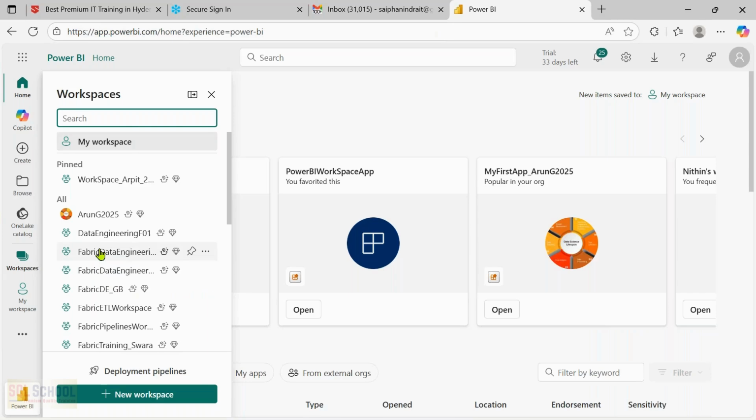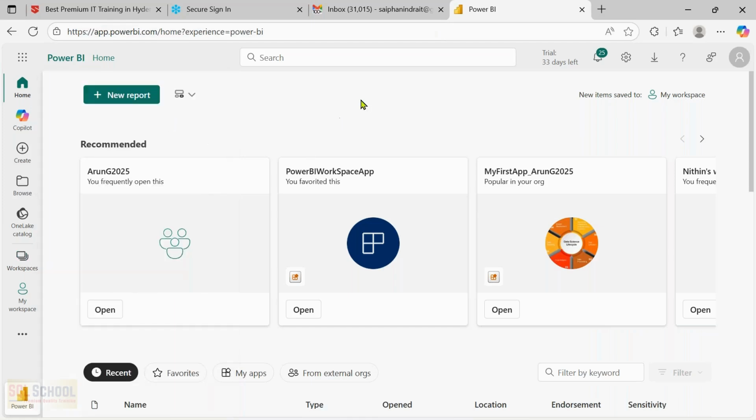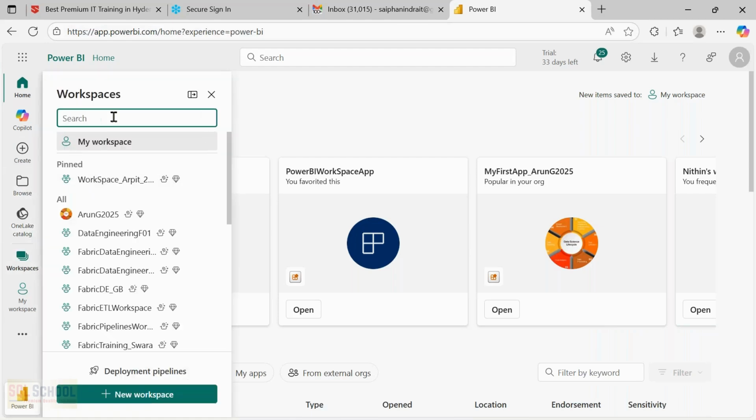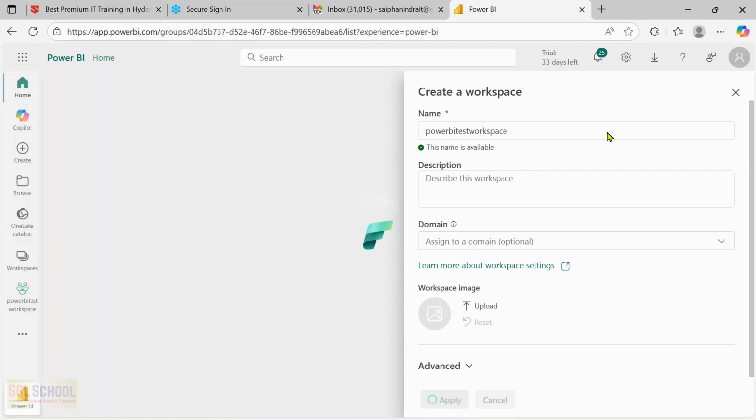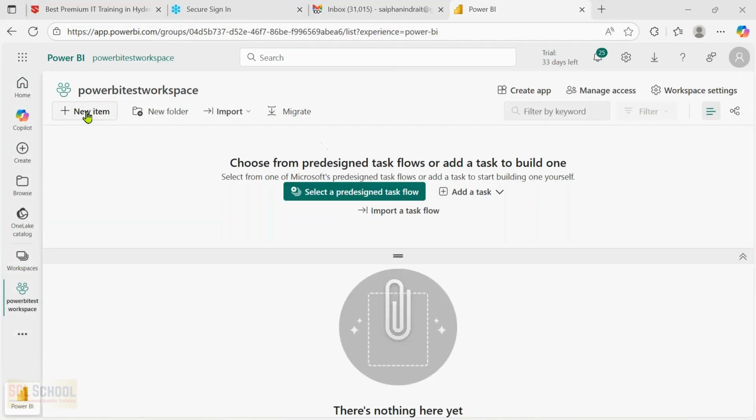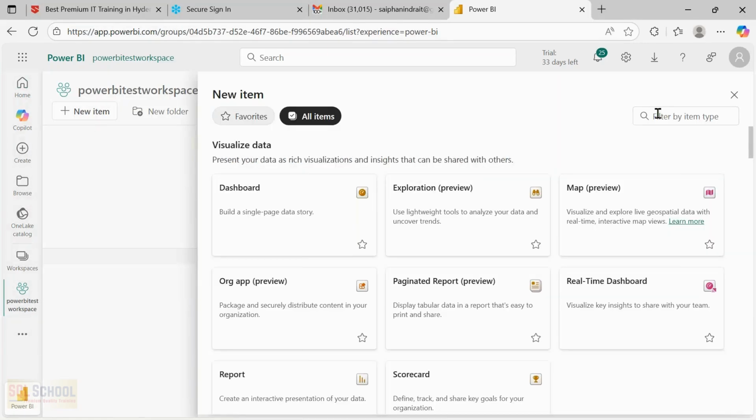So Fabric is a house, a cloud house for Microsoft. Power BI is a room inside it. I repeat, inside Fabric Cloud, we create something called workspaces. Okay. For example, I'll say Power BI test workspace. In our later classes, we'll do like this. Inside the workspace, new item, we can create apps,